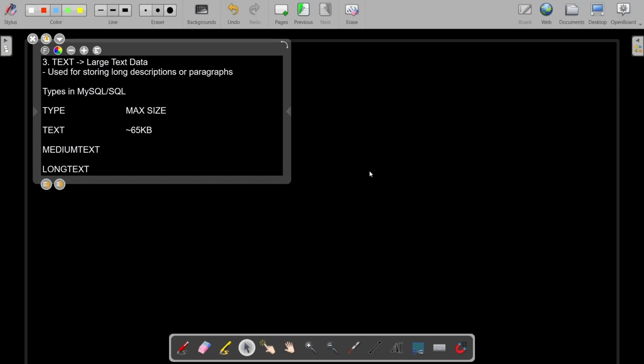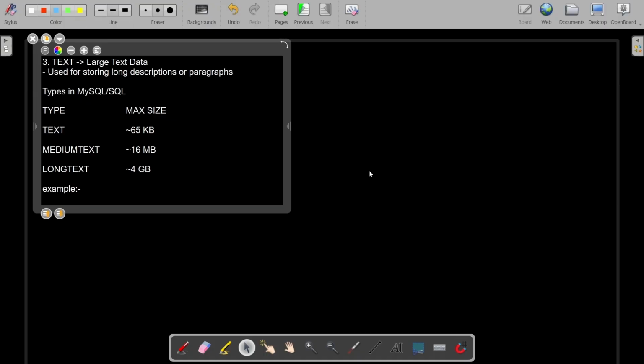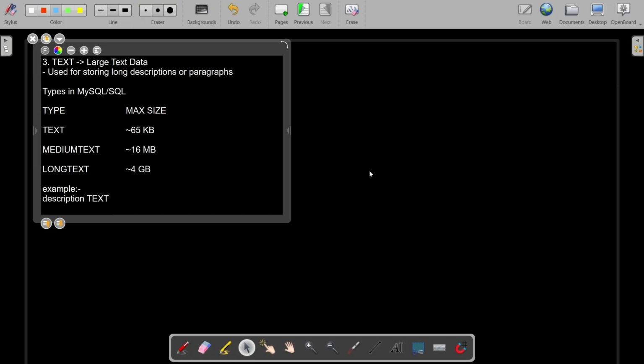Look, now it's much clearer. Here size would be about 16 MB. It's a lot. It's a lot of difference, I would say. And here size is about 4 GB of text. So these are the types in MySQL or even in SQL also, but in MySQL these are the three types. Since we're practicing in MySQL, I thought of giving this also here. Okay, and if you go with an example, suppose your column name is description, and I will write it as text. Okay, so this is the way it's done,